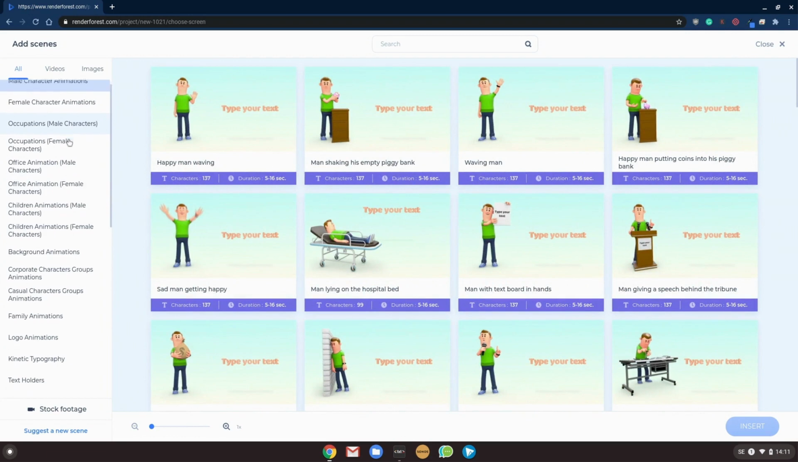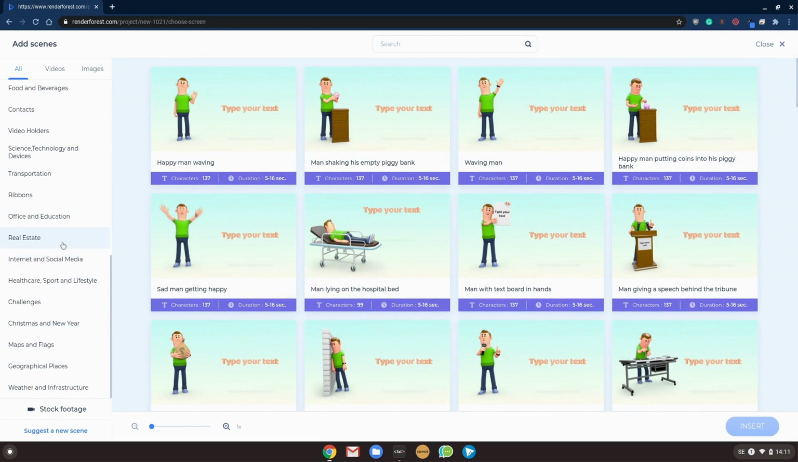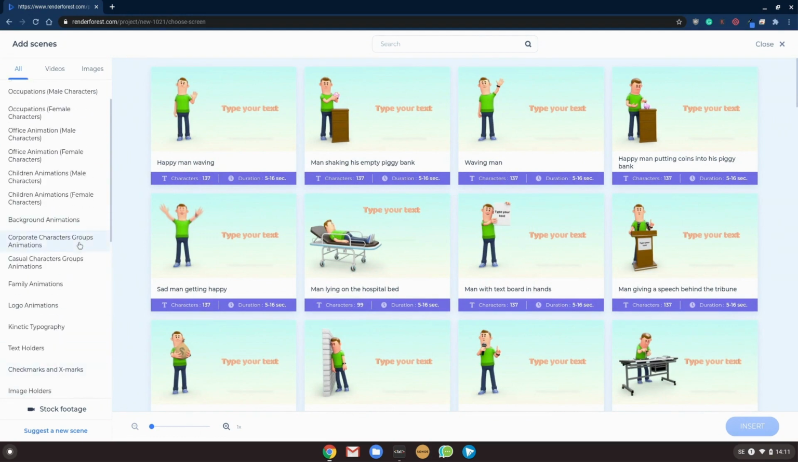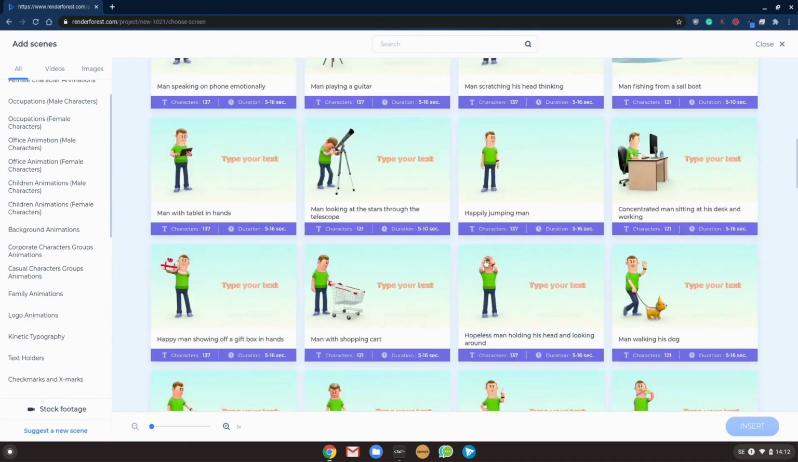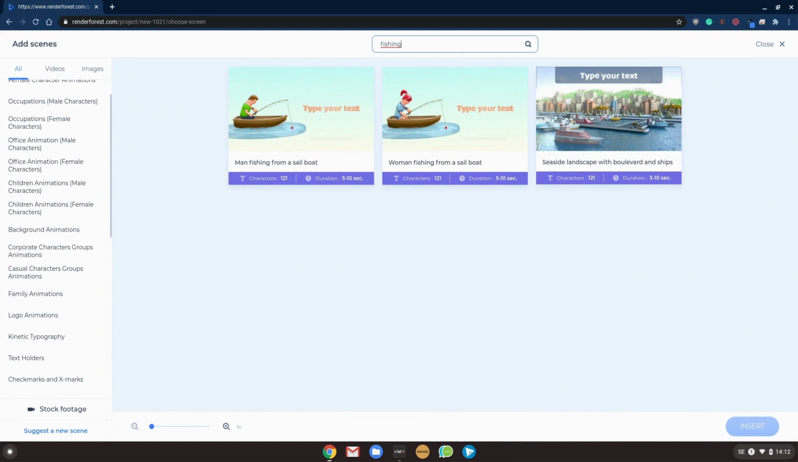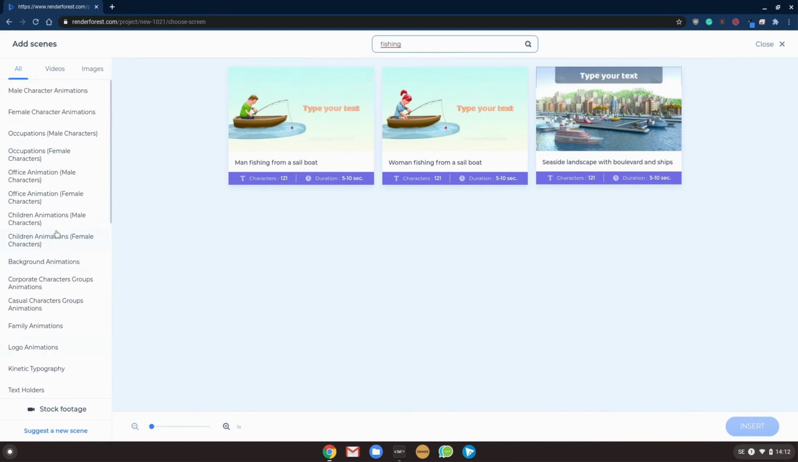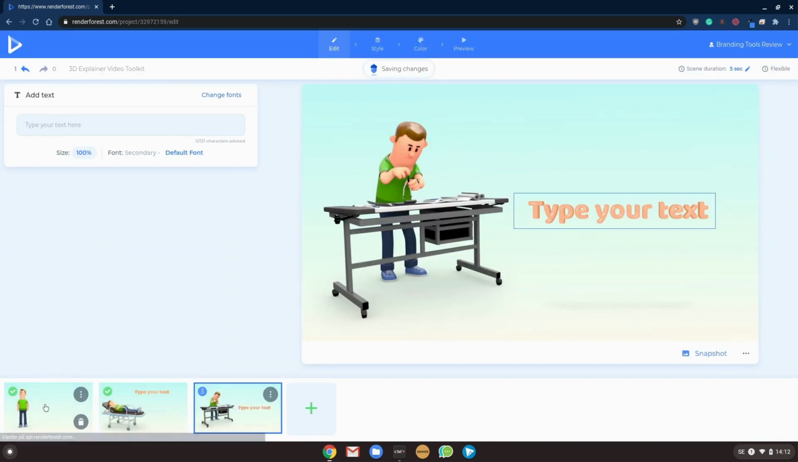They have a bunch of different scenes that you can choose from: real estate, ribbons, contacts, image holders, video holders, family, and so forth. It's quite extensive, so they have a search functionality. For example, fishing. There you have fishing, man and woman, easy. What you do is just take the scenes that you want, one, two, three, and insert, and you come into the video editing tool